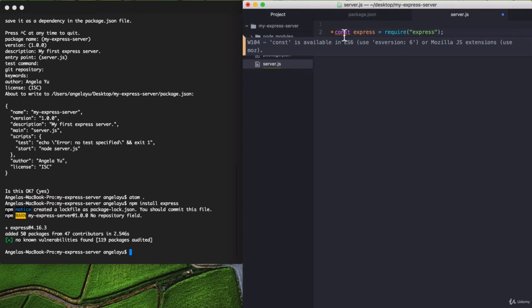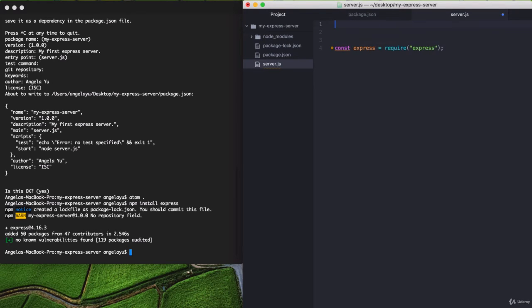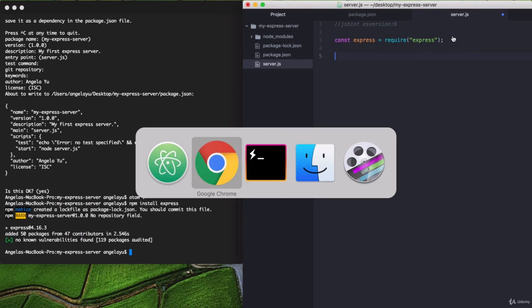Now, as always, if we want to use the keyword const without JSHint shouting at us, we're going to add a comment called jshint esversion: 6 to make that warning go away and tell our linter that we are using ES6. All right, so now that we've required and incorporated Express into our file, the next step